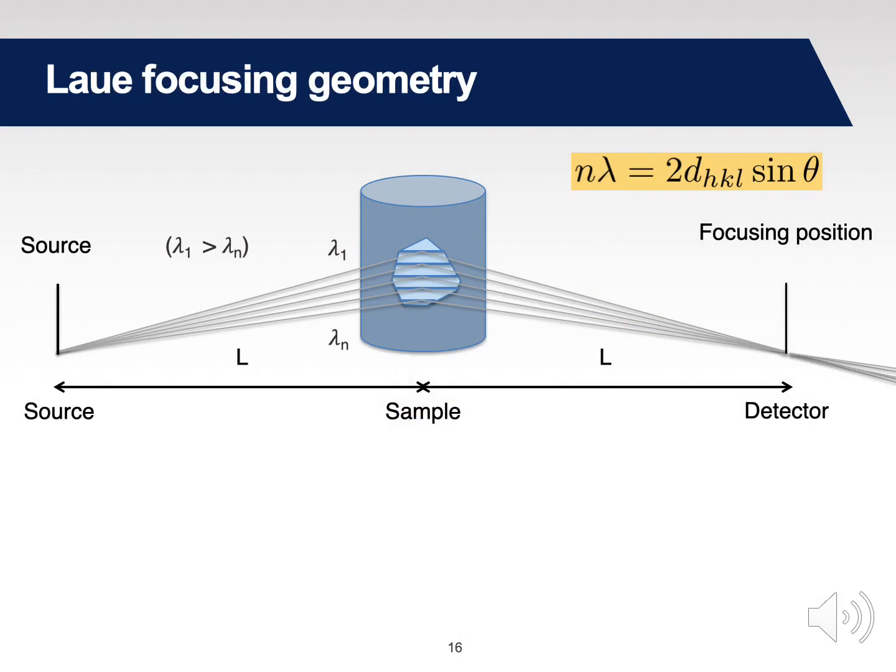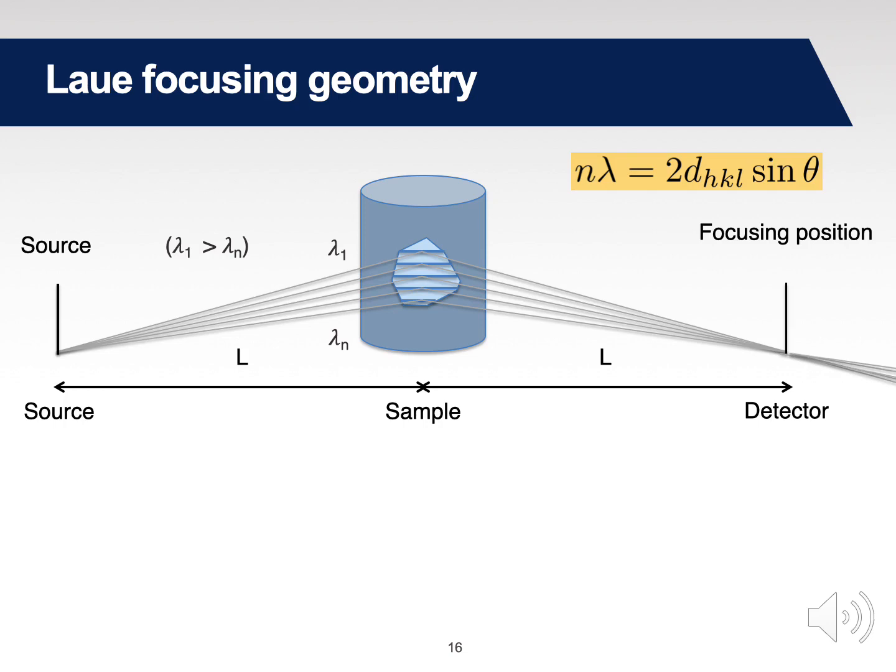And so here I show that same grain in red, and you can see it now magnified in this Laue focusing geometry. Within this grain, there is a set of crystal planes that fulfill the Bragg conditions. That is to say that the diffracting planes act as a lens, focusing the beam to a spot on the detector. On the other hand, you still have beam divergence in the perpendicular direction. So that's coming out of the screen. You still have some divergence, and that's why these spots are actually streaks on the detector plane.